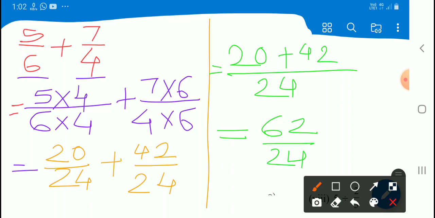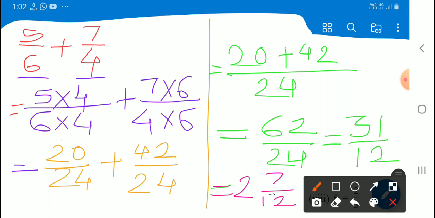If reduced form is possible, then bring it in reduced form. Okay, it is divisible by 2. 2 3s are 6, 2 1s are 2, and here again is it divisible? No. If I want to bring this number in reduced form, then I can write here 12. 12 2s are 24. 7 remain upon 12.